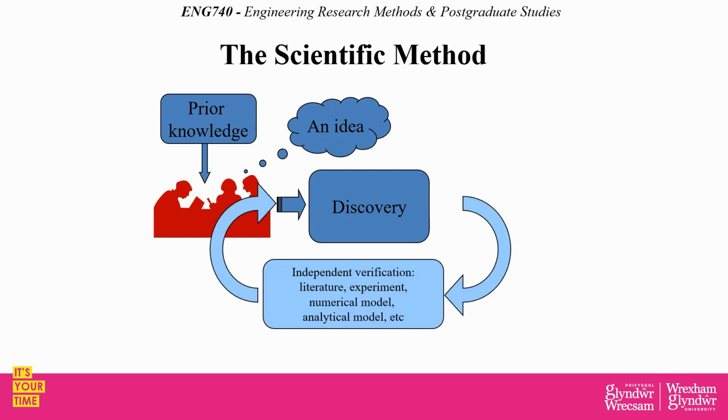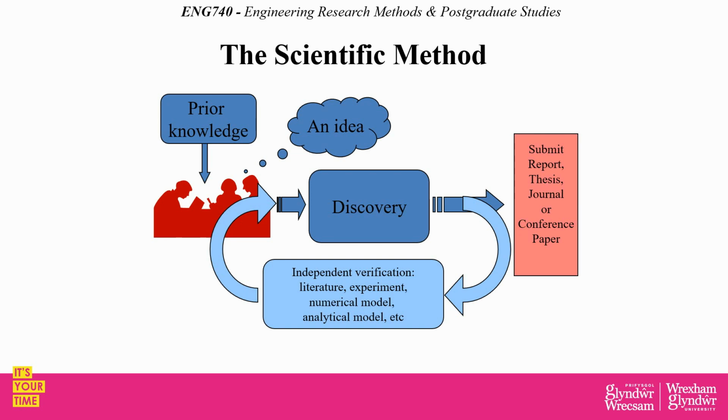So we conduct a study, we do some independent verification, we do some literature review, we may even do some experiments, some numerical models, some analytical models, and we rigorously test the idea that we've discovered. We look at what's currently being done for this idea in terms of literature, what's been published, what's not been published, what methods they've taken, what experiments have been conducted, or numerical model simulations achieved, in order to see whether it is viable, whether it is robust, and what can be done better, or taken on board, to discover something newer. Once you've compiled all this independent verification, which is your master's research, your dissertation,